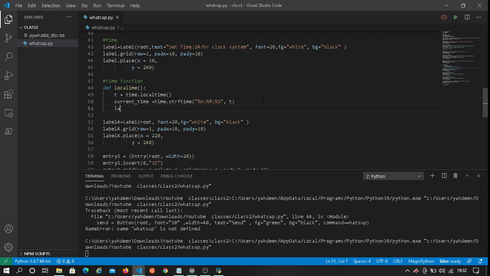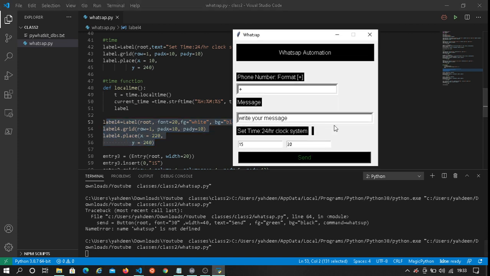So local. Now here we'll set the config so that it shows up in this label that we created here, label 4. This is this label here.